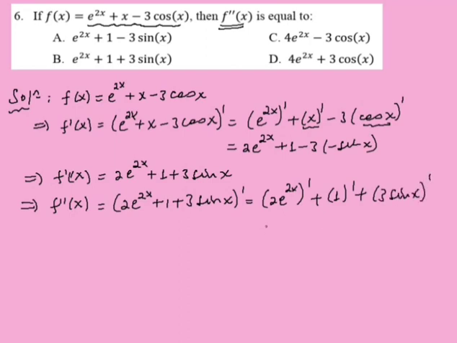So this becomes 4 times e to the power of 2x, but the derivative of a constant term is 0, and the derivative of sin x is cos x, so it becomes 3 times cos x. So the second derivative becomes this result, which is